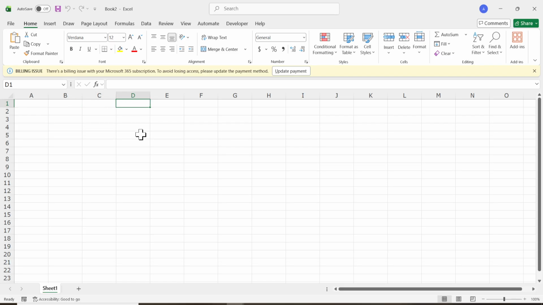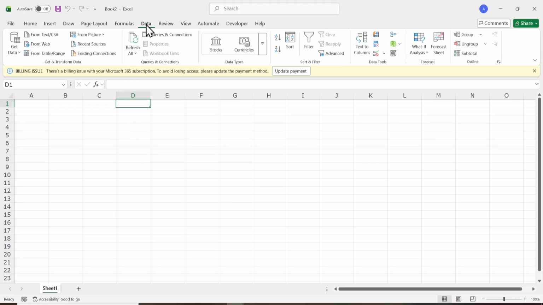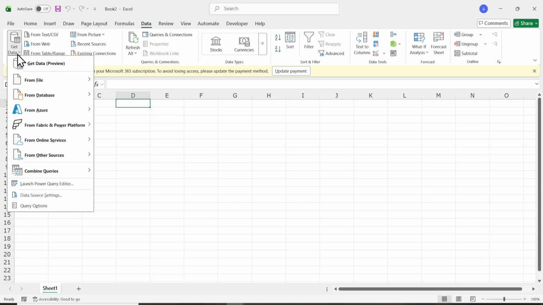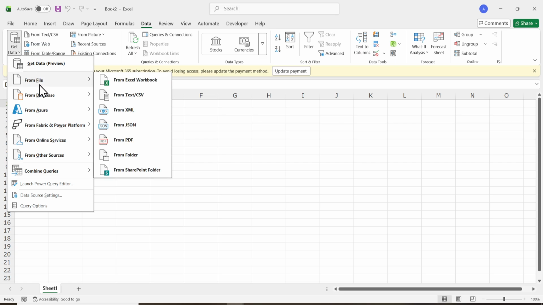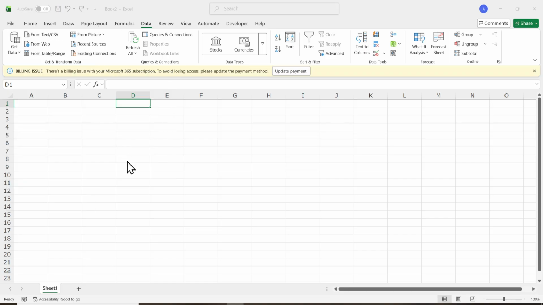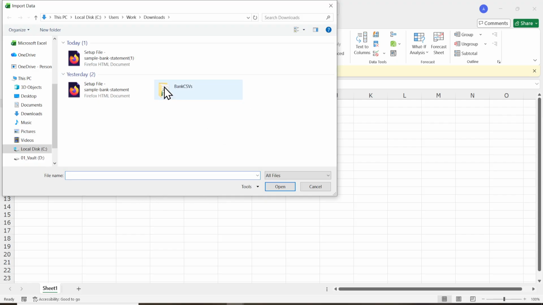Now look up at the ribbon and click the Data tab. On the far left side of this tab, you'll see a button labeled Get Data. Click that button to open its drop-down menu. From the drop-down, hover your cursor over the option that says From File. A sub-menu will slide out to the side. In that sub-menu, click From PDF. This tells Excel that you want to pull data directly from a PDF document, and a file